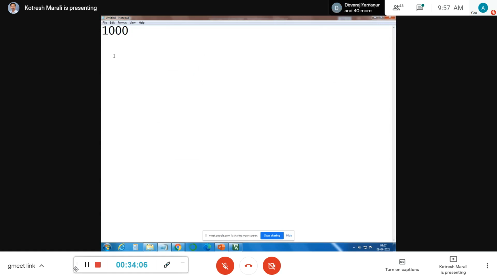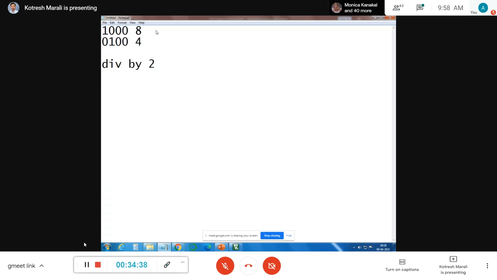If I right shift this data, what will be the output? This will be 0100, right? So earlier it was 8. Now the value is 4. What happened here? The operation is divide by 2, which is again a power of 2.